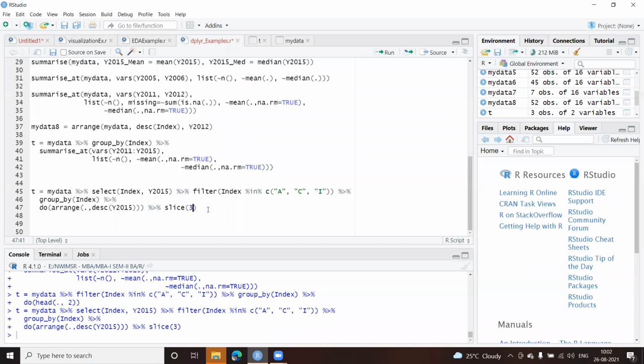Because the example was to find the third maximum value, I have given 3 there. But this is done through, first of all, arranging all the values in descending order. Grouping it also, we have grouped it. And one more thing we have done is, instead of selecting all the columns, we have selected only 2 columns, that index, and we have selected year 2000.